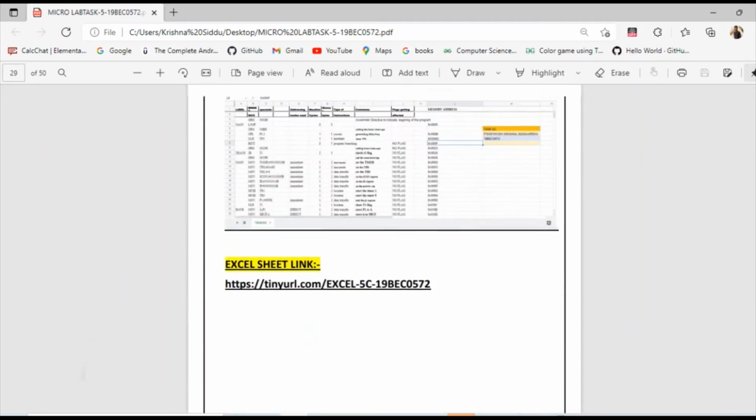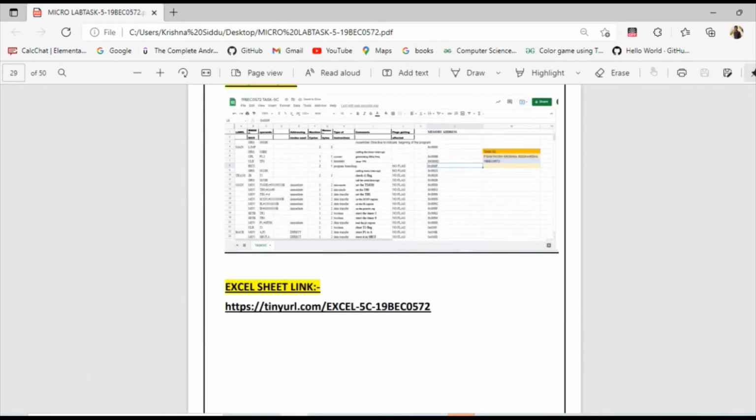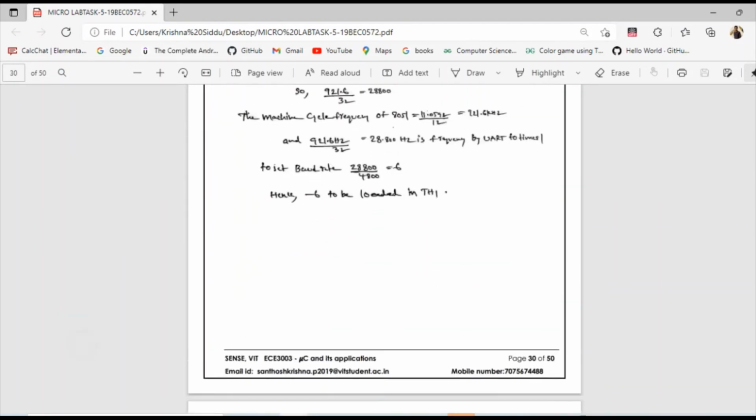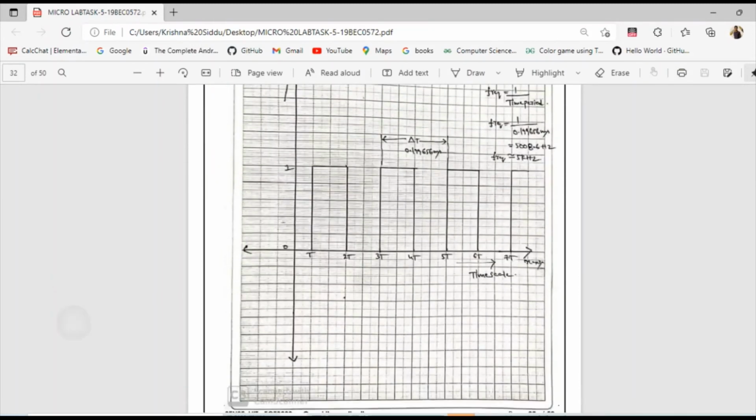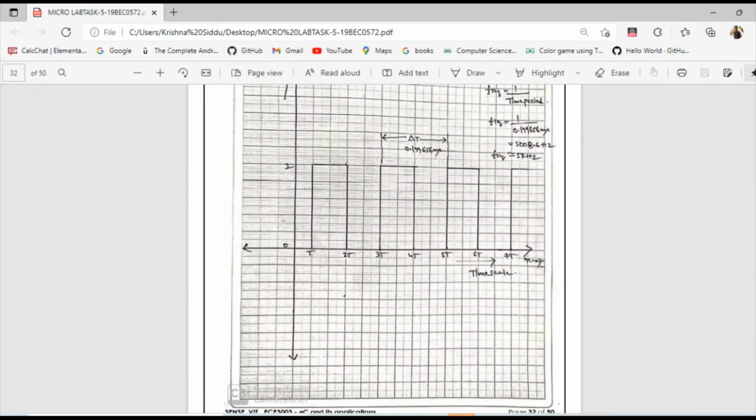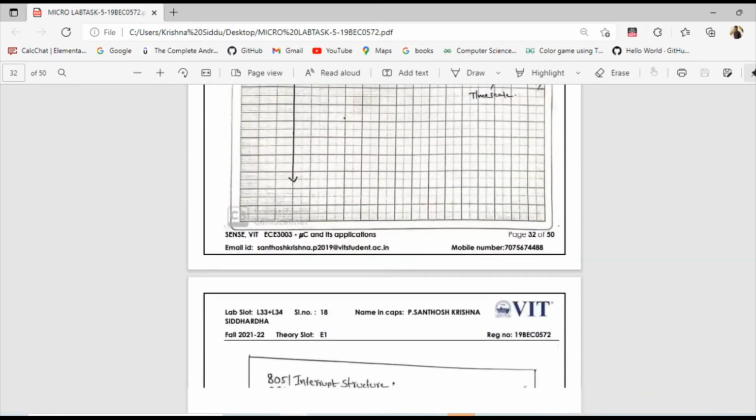This is the program, and I executed it and made a tabulation in Excel sheet form. I have attached the Excel sheet in the PDF file, so you can see it. Next, coming to the manual calculation, this is the manual calculation. I did both the manual calculation and the Keil software, and we got the outputs. This is the graph we got from the manual calculation, and exactly the same graph we are going to obtain in the Keil software.